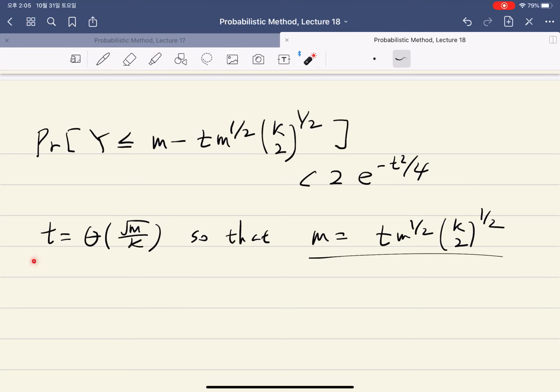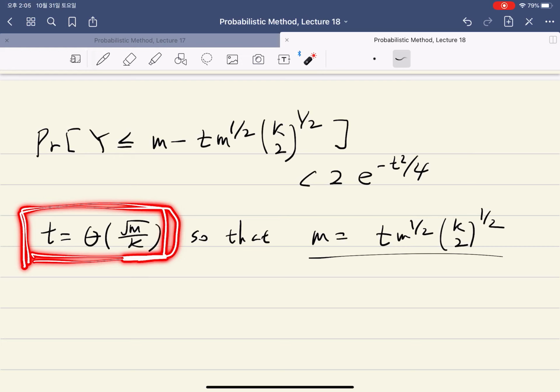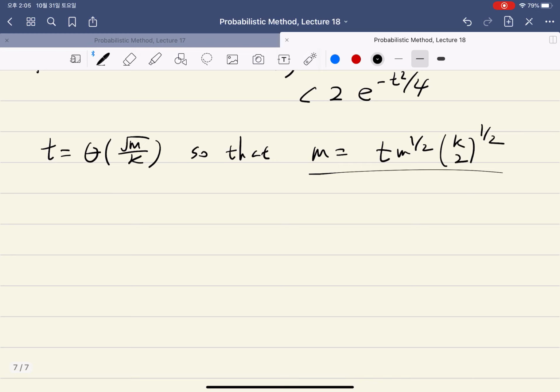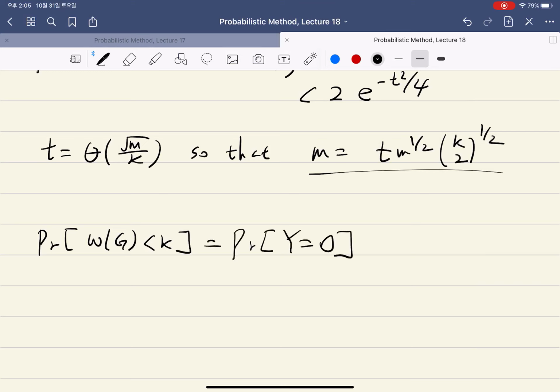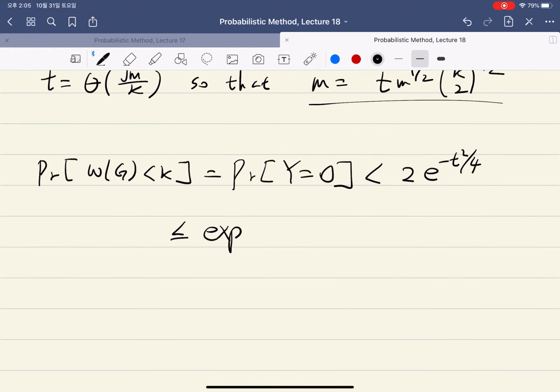So we can let t be some constant times the square root of m over k to make sure that those actually become the same. And the probability that omega of G is smaller than k is actually the probability that Y becomes 0, which means that there are no cliques of size k, which is again this,